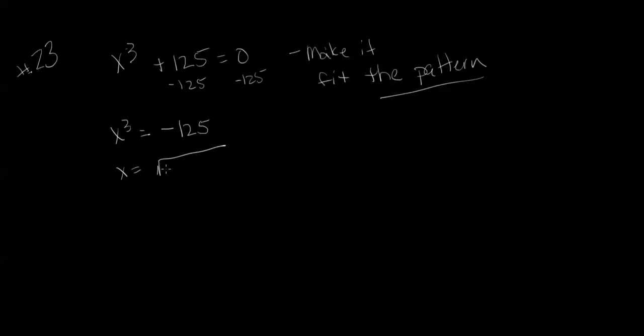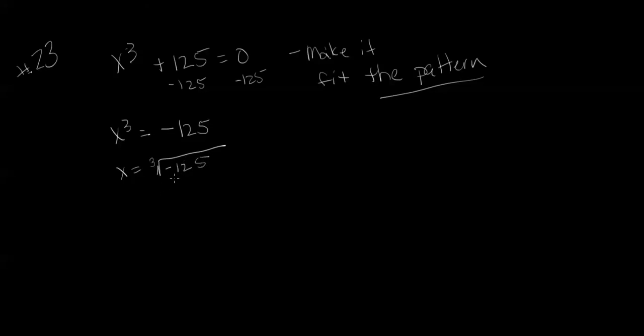Now I have something that I can solve. I need to write a 3 there, don't I? The cube root of negative 125. So all I need to do is change it to look like something that I can solve. I'm going to find the 3 roots of the cube root of negative 125. And let's see,